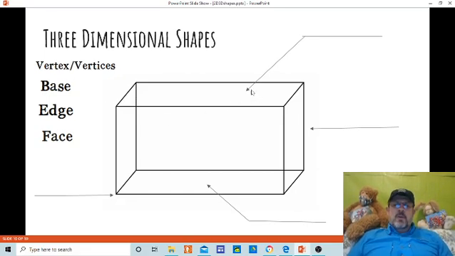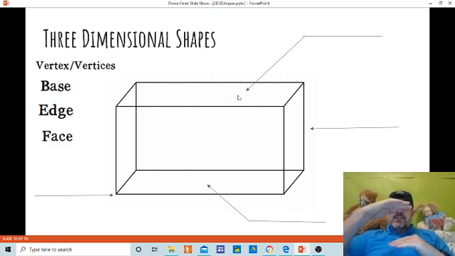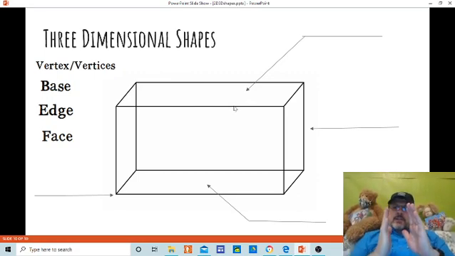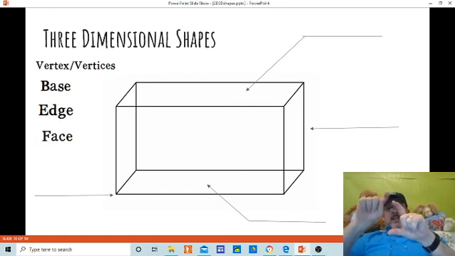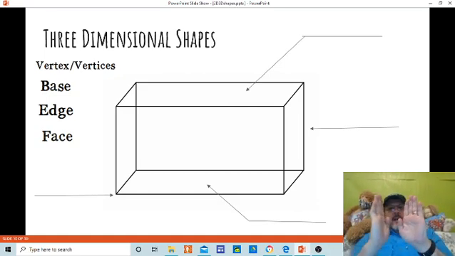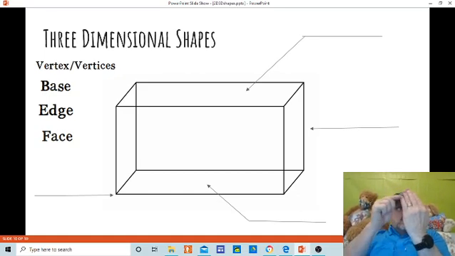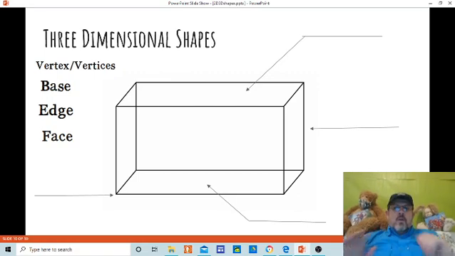Okay. So look at the face. Look at the top there. It's pointing that arrow, and it's at the top. It's the flat part of the rectangular prism or the cuboid. What is that called? That's called the face. All the flat surfaces are called the faces. Now the edges, they're called edges. That's the little sides in between two faces. If you have a face here and a face here, then it's that little corner right there, that's the